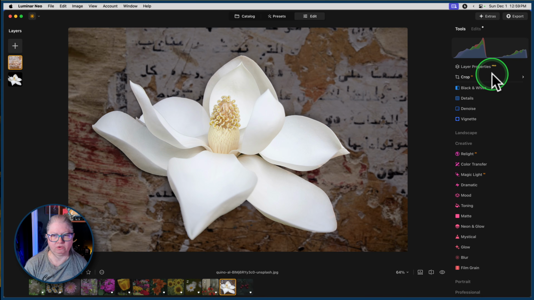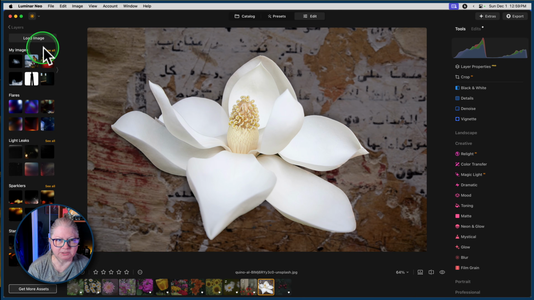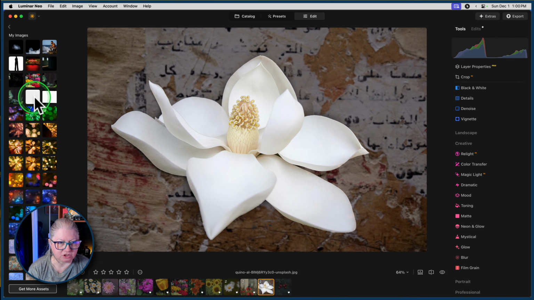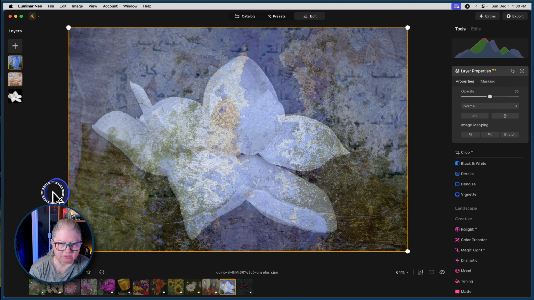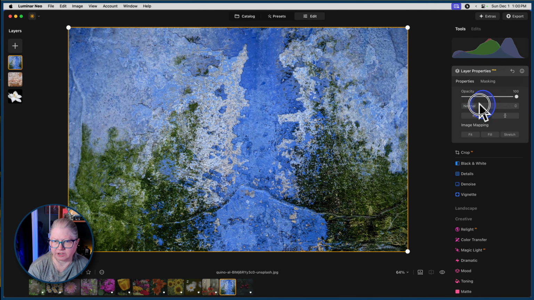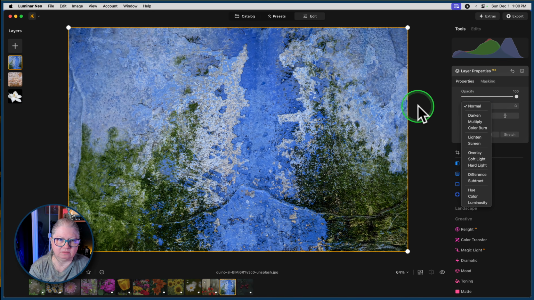Now, just to show you the opposite. Anytime you have something that's pure black like that, lighten blend mode is going to show whatever you put on top. If we go the opposite way, let's get a dark texture. Maybe this blue one. This is kind of a dark blue, mossy, dirty kind of look. Okay. If I change the blend mode to darken,